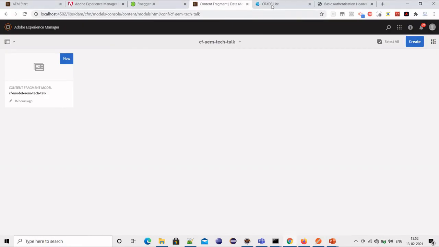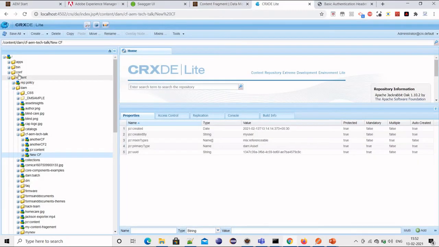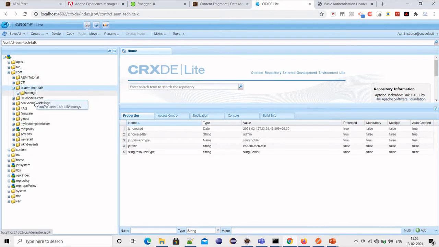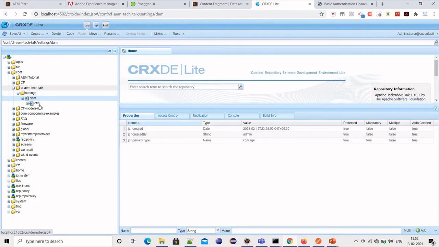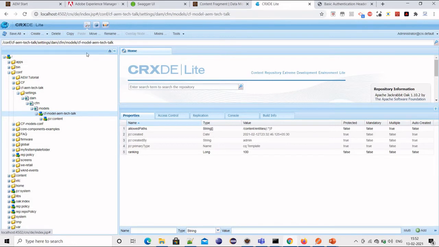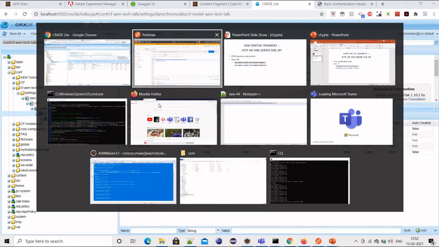How can we check it? There is a way: using CRXDE we can go to the particular path. It's inside this configuration, settings, DAM, CFM models, and this one. So we can copy this path and put it here.